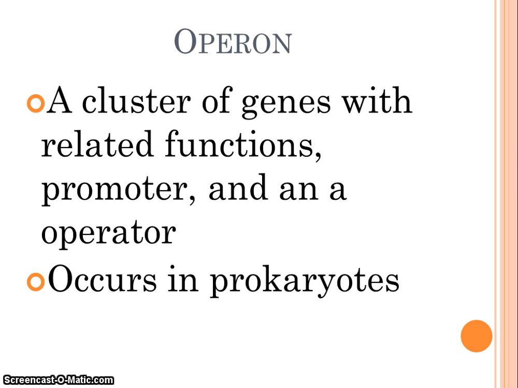Now, an operon, this is for the prokaryotic cells. This is a cluster of genes with related functions, the promoter and the operator. Again, this is only going to be for the operon, and this is kind of the switch that turns on and off. It's a functional complex that contains the genes that contain information for making those enzymes of that pathway. And it's all clustered together on the chromosomes. And all of the genes of that operon are kind of the functional unit.